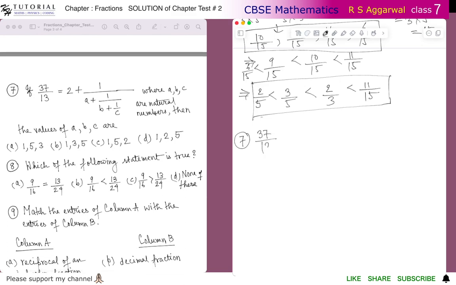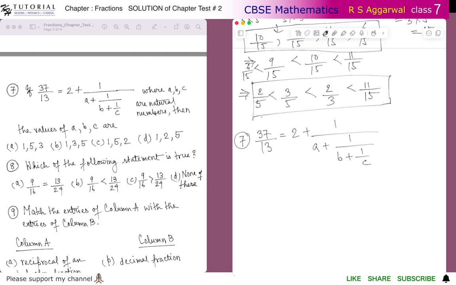if 37 by 13 equals 2 plus 1 upon a plus 1 by b plus 1 by c, where a, b, c are natural numbers, then it's asking to find the values of a, b and c, where a, b and c are natural numbers. So on the right hand side, it is saying that it is 2 plus something. Now this 1 by something